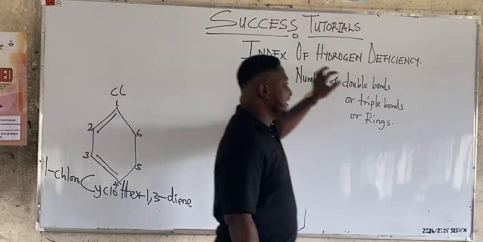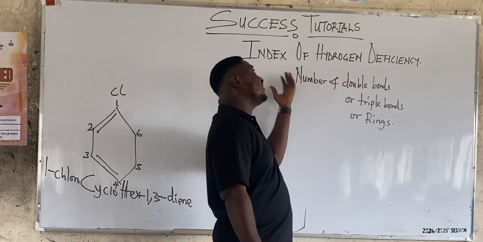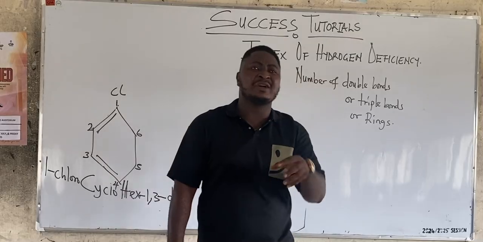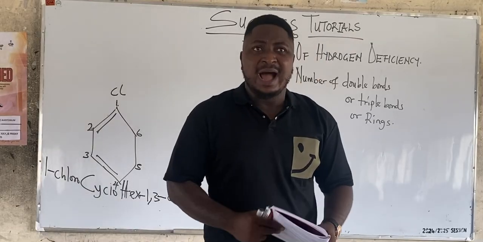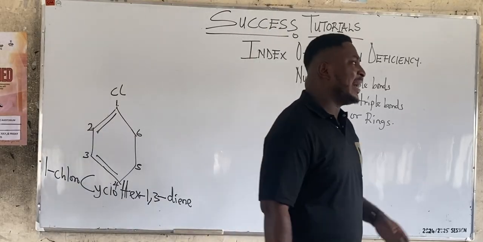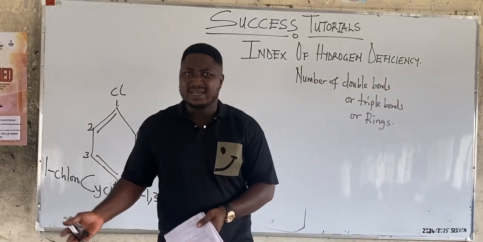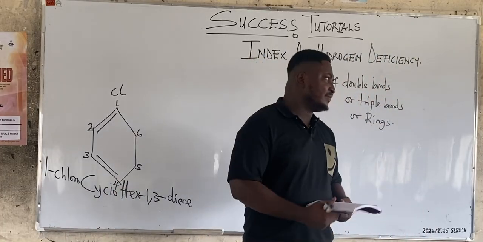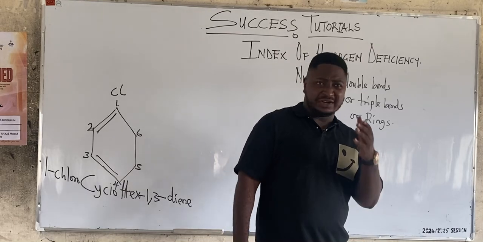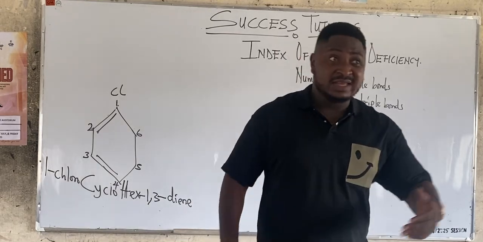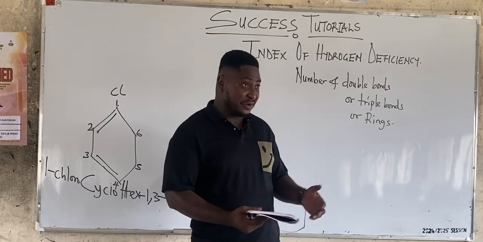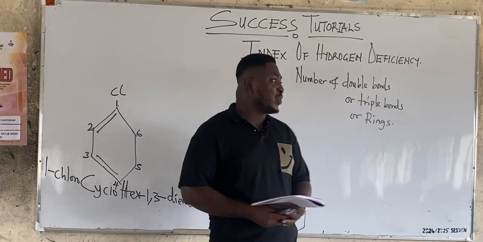So this IHD, the reason why I taught that before this. This IHD helps us to calculate how unsaturated an organic compound is, class. An organic compound that has an IHD of 1 and one that has an IHD of 5, who is more unsaturated? Of course, 5. The higher your IHD, the higher your degree of unsaturation. So, class,